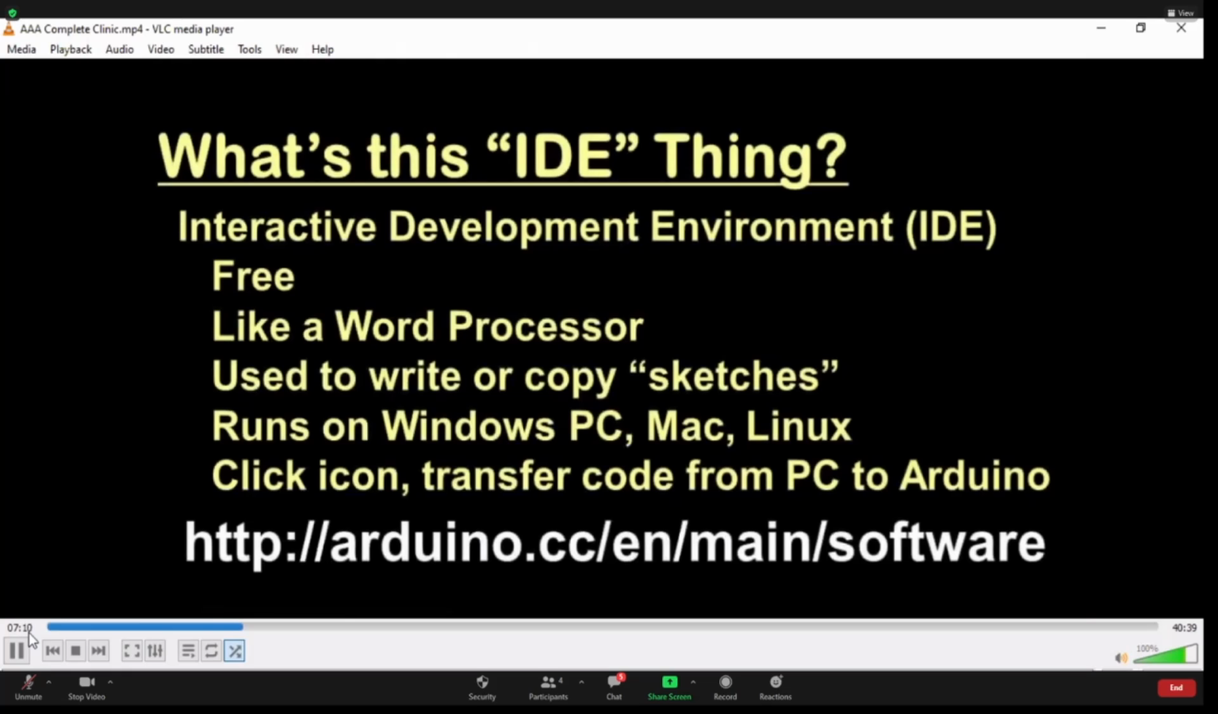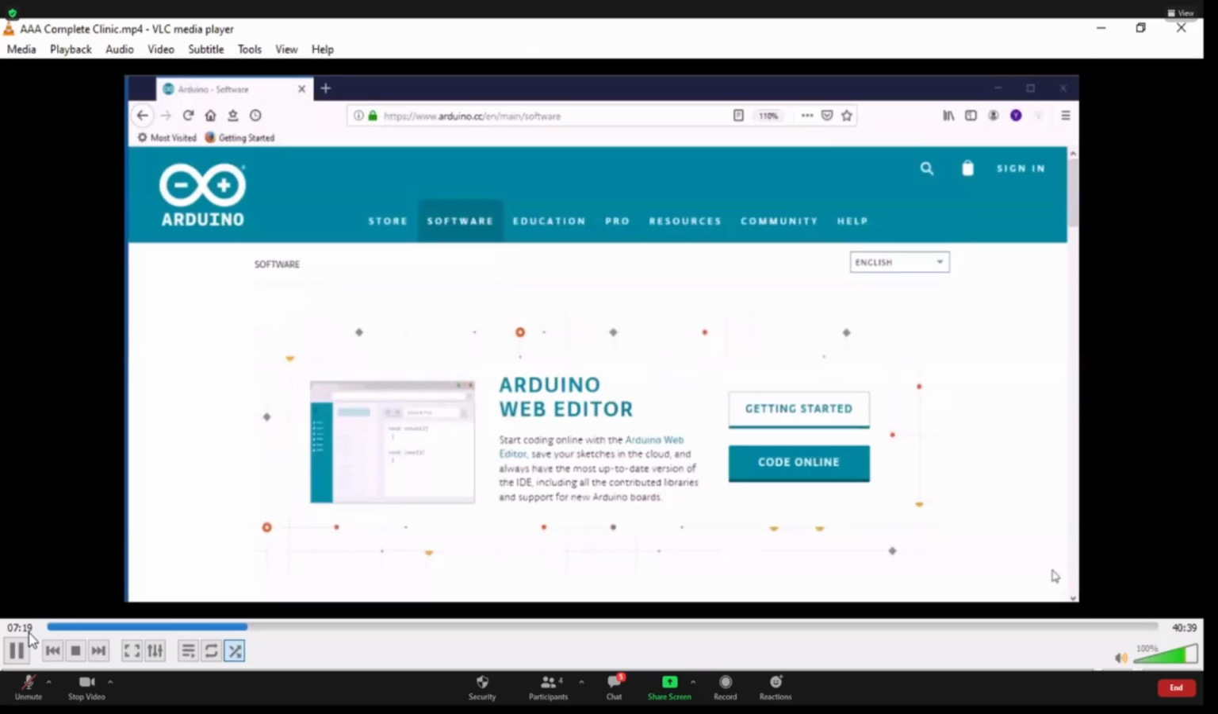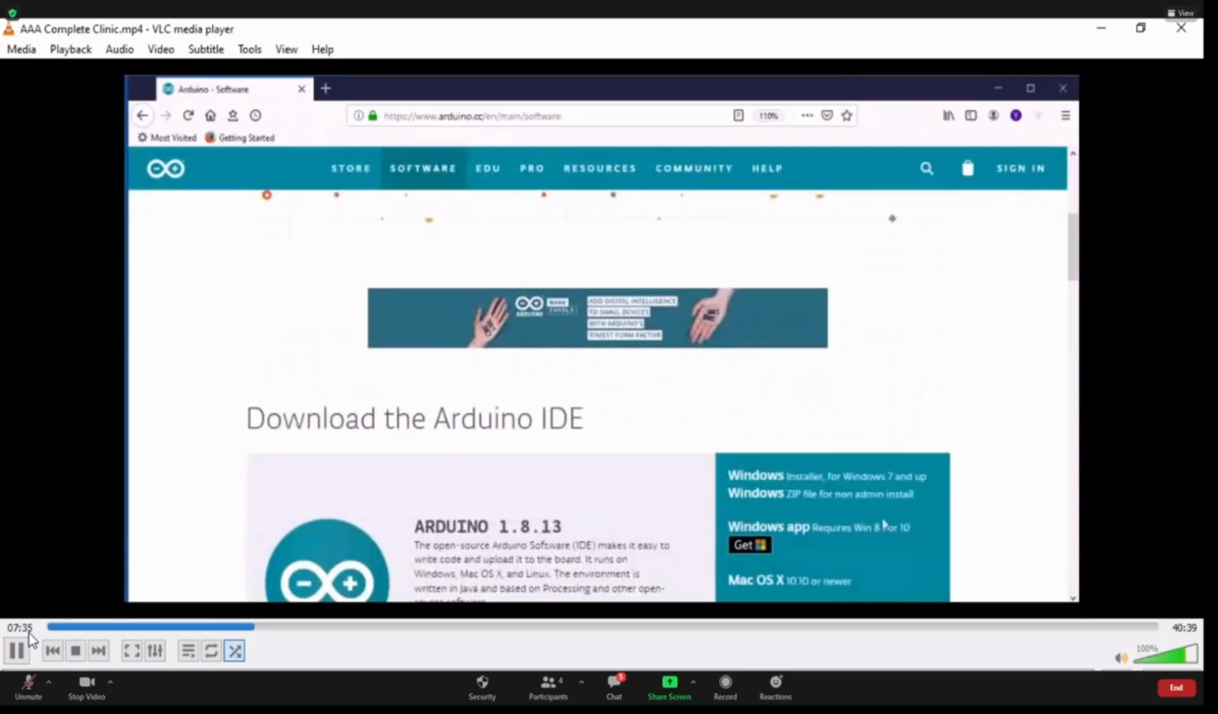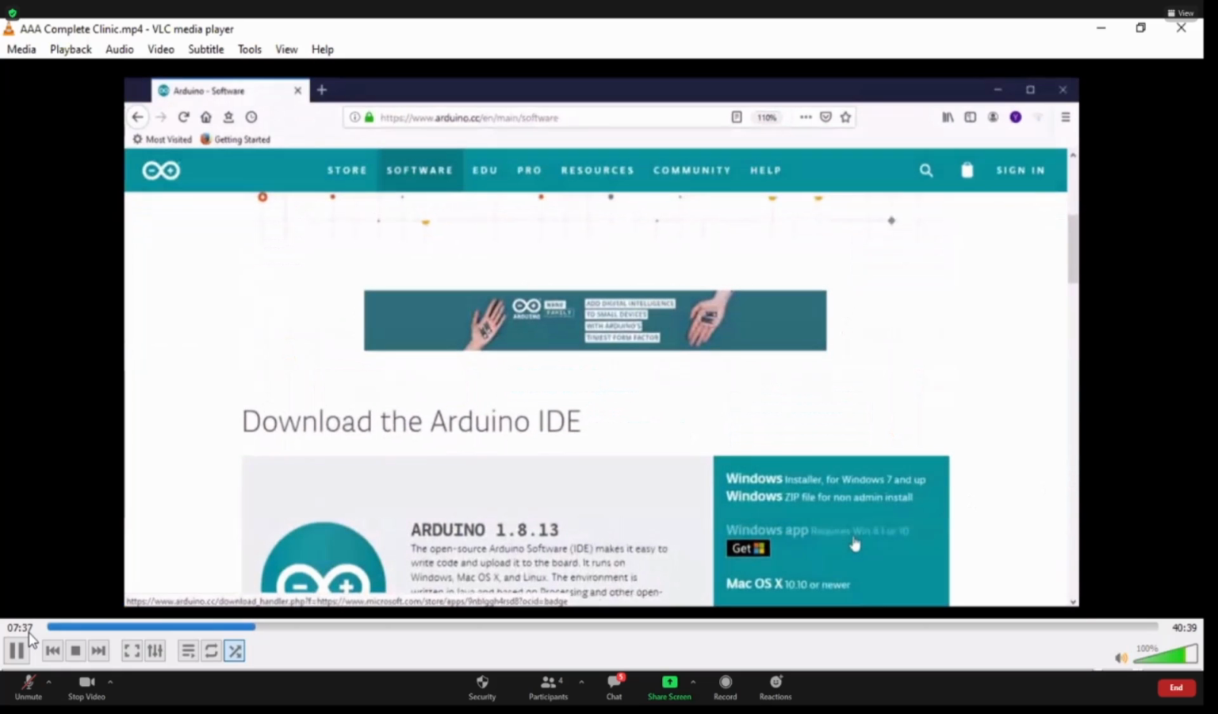So how do we get the IDE? We visit the Arduino website at http://arduino.cc/en/main/software. Now let's scroll down about a page worth until we see Download the Arduino IDE. On the right are various systems on which the software can run, and I'll click on the version for Windows